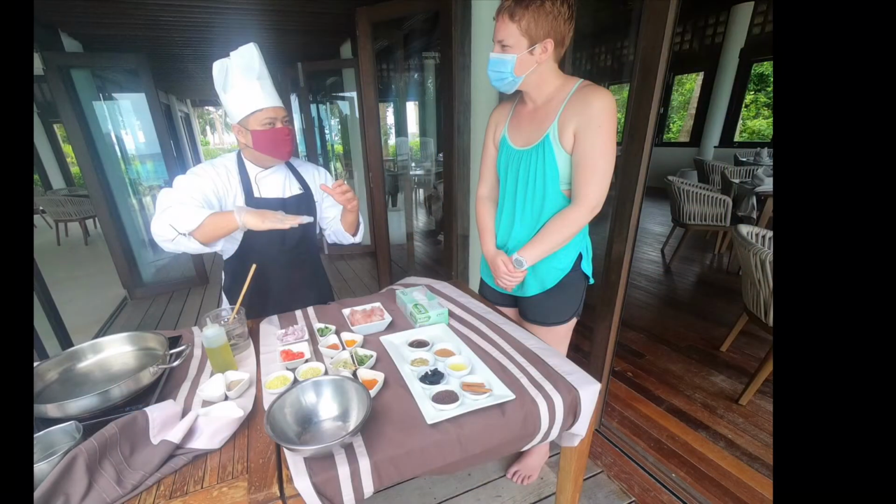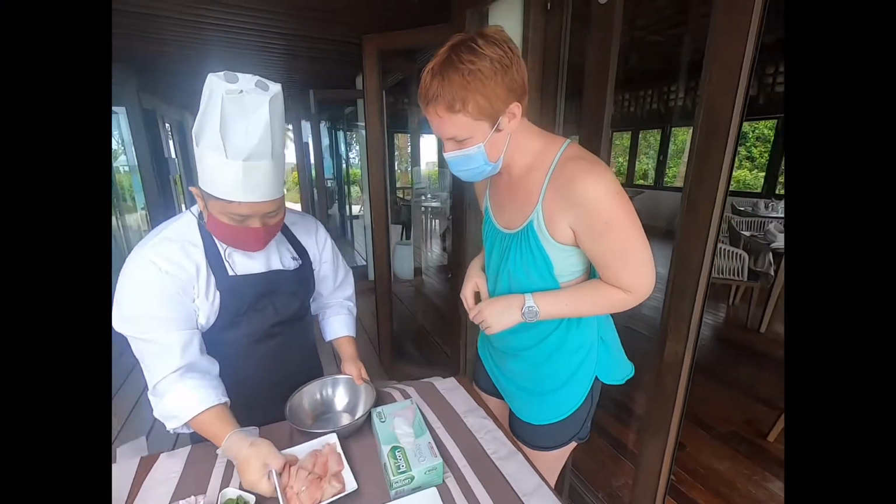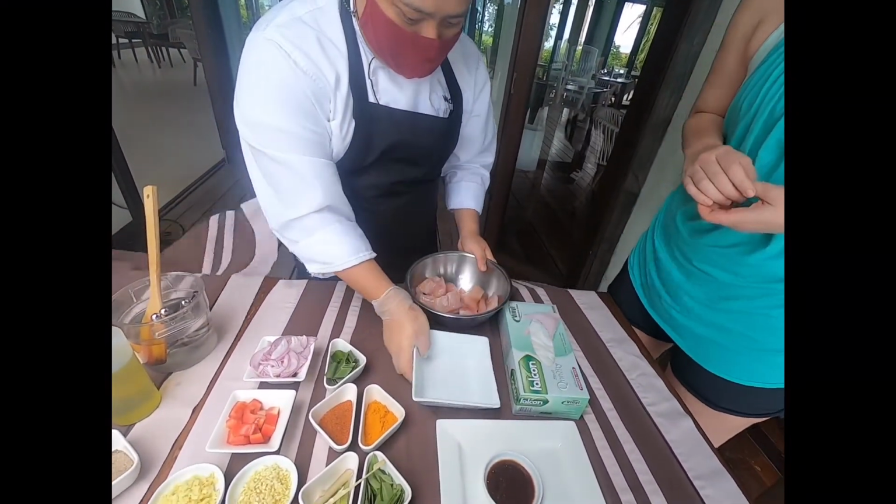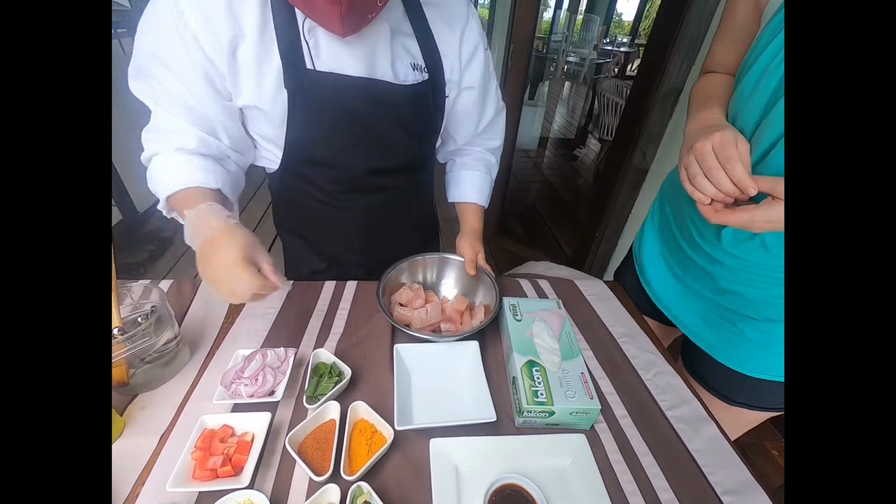The resort also offered cooking classes, so you could pay to make your own lunch essentially. So we chose to do the Maldivian fish curry option. So we just add some fish here. Mahi-mahi. Local mahi-mahi fish here, and we add some